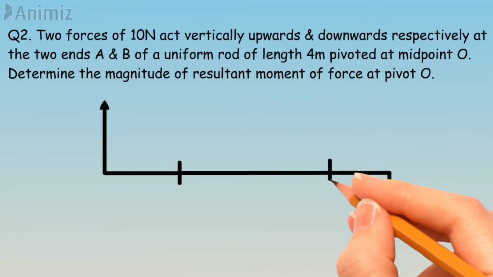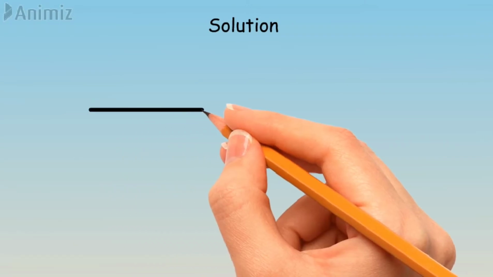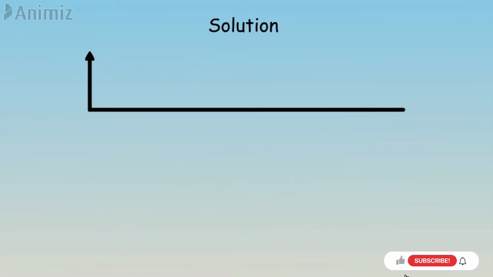The figure is given. Now just see, both side distances are the same. So it is 4 meter, so both sides it will be 2 meter, 2 meter. On one side the force is 10 Newton, on the other side it is 10 Newton. Both sides it is the same. Now for considering the direction, as I told earlier, you have to consider the circles inward. So first we will go with the diagram again. Now when I draw the diagram again, same way, one is upward and one is downward, both are 10 Newton.